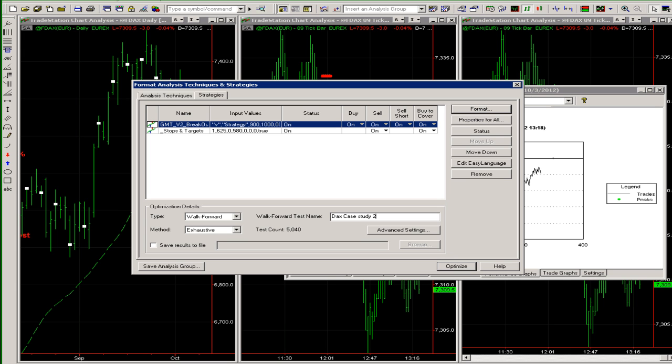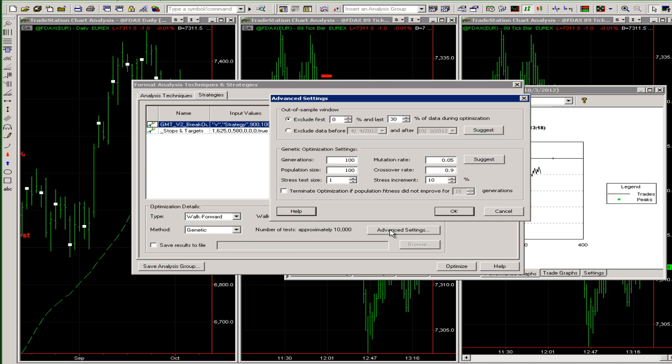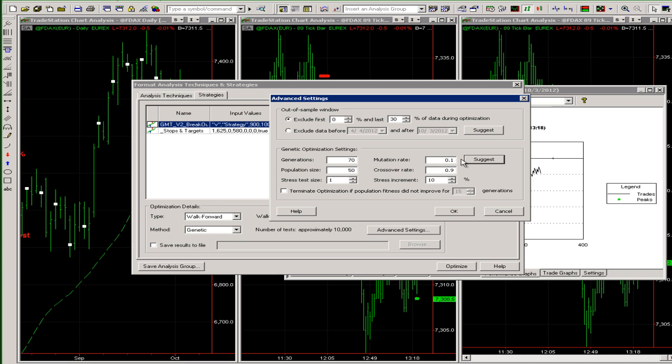2. So I'm going to go genetic optimization, and I'll go to my advanced settings, and basically I need to make sure when I do this that I'm at 0 and 30, the last 30% is going to be tested walking forward. Now these genetic optimization settings, you should basically be clicking on the suggestion there and running with those,